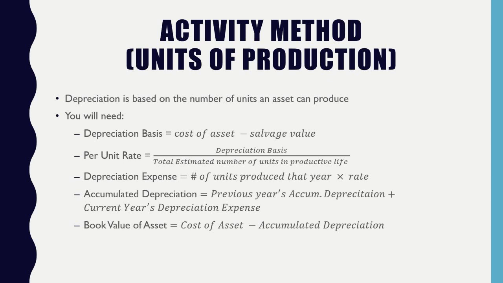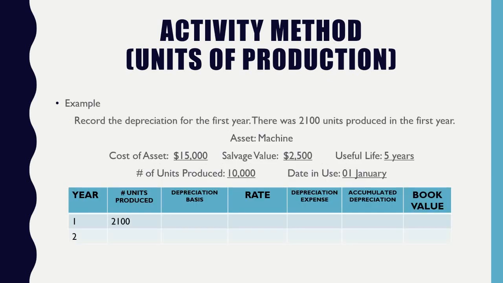Now, between the three different methods, the formulas that are going to be changing the most are the first three: your depreciation basis, your rate, and your depreciation expense. Your accumulated depreciation and your book value formulas are going to be consistent and stay the same throughout all three methods. Okay? So let's go ahead and do an example to see how we could test this